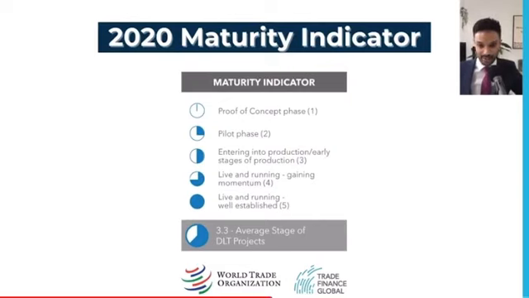Overall, we found that the industry has made steady progress towards trade digitalization, with the average project moving from a maturity stage of 2.3 out of 5 to 3.3 out of 5, with 1 representing the proof of concept (POC) stage and 5 representing live and running or well established. The maturity indicator is represented by the circles shown in the bottom left corner of each project in the periodic